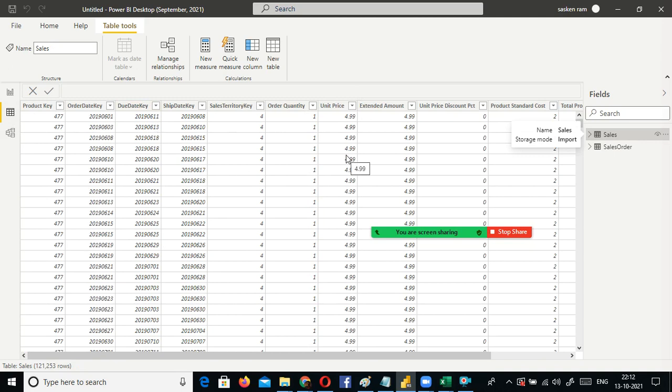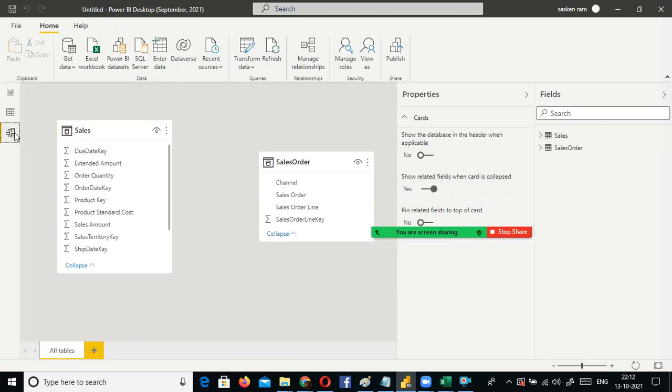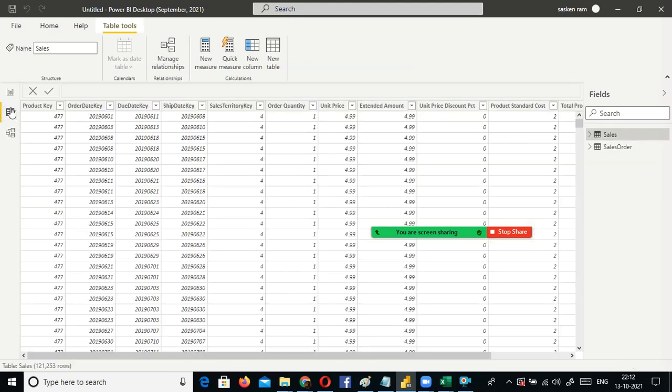This one will help you see the data here, and this one will help you see the data model here. So this is the table sales and sales order. Does any relationship exist between these two? We need to establish a relationship between these two tables. Sometimes you will have a standalone table, but in general you will not. You'll be using tables that are relational. That's the reason we call it a relational database. You need to establish the relationship from one table to another. Only then will your reports be reliable.